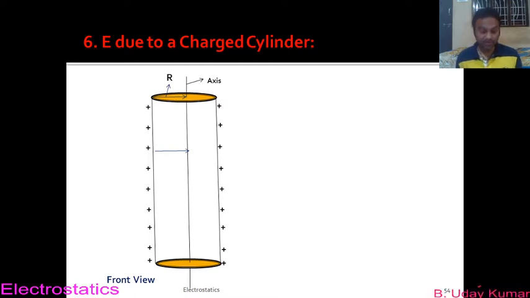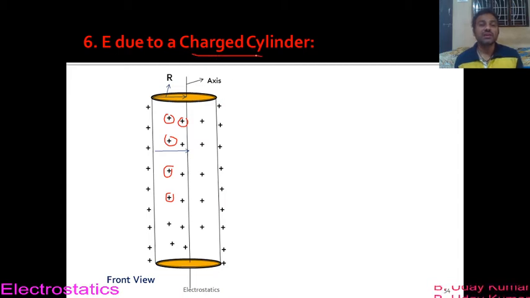Now have a look at how the charged cylinder looks. Can you see this one? There is some plus charge here, and this is the charge that is present even inside the cylinder. This is the image of a charged cylinder. I hope it is clear to you. You have to understand the difference between a charged cylindrical conductor and a charged cylinder.